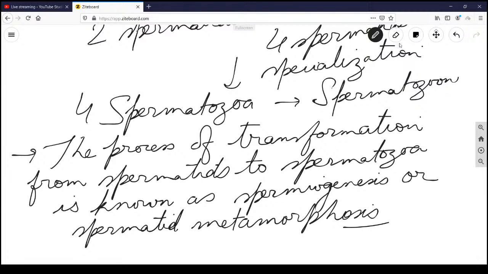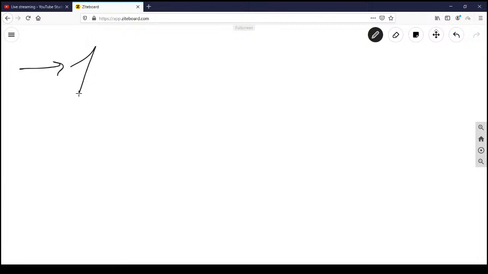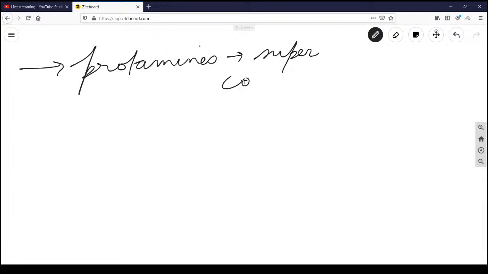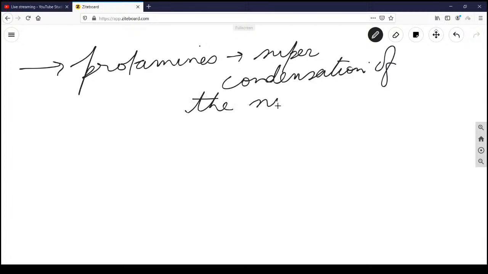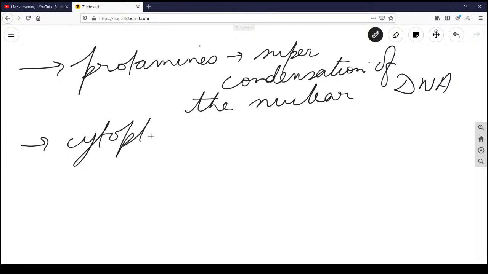So first of all, protamines will cause supercondensation of the nuclear DNA. Also, in the cytoplasm, the Golgi apparatus